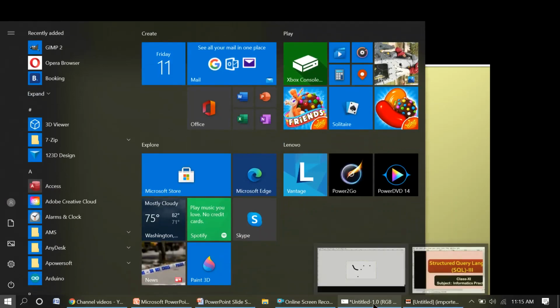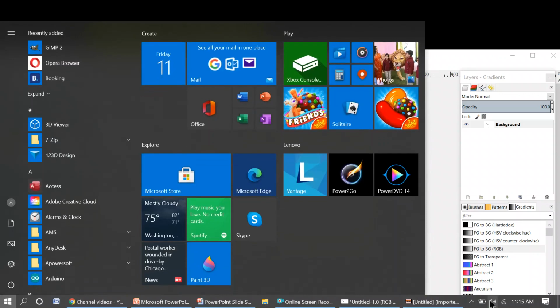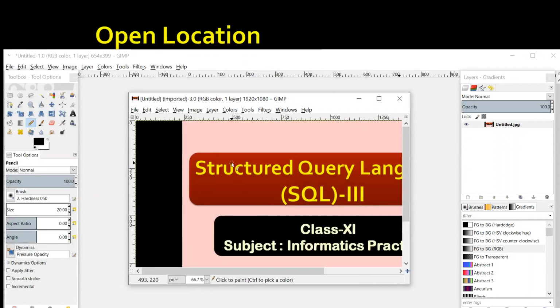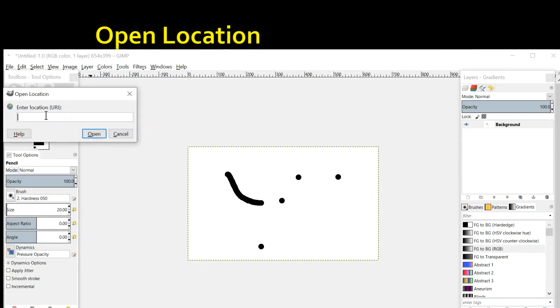Fine. Next is open location. Open location means, let me open it again. Both the things I have opened here. Now for opening it, go to file, go to open. Here you can see open location.